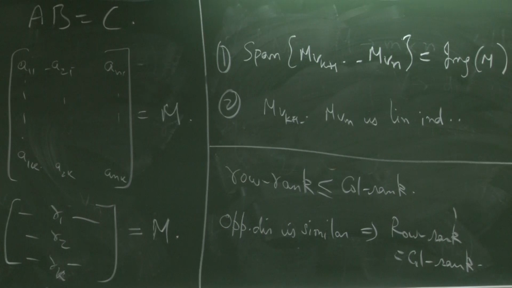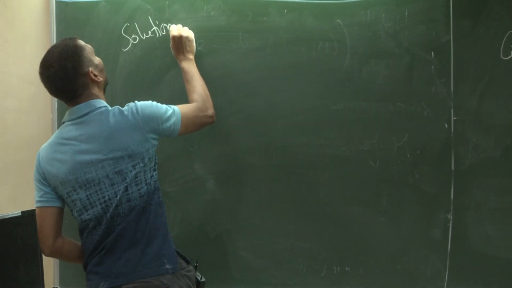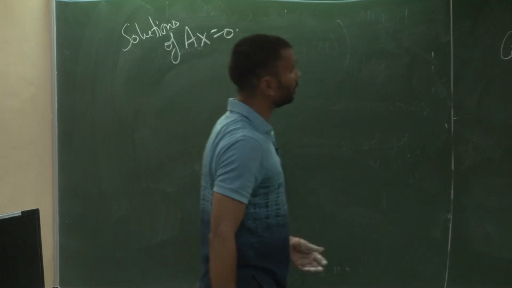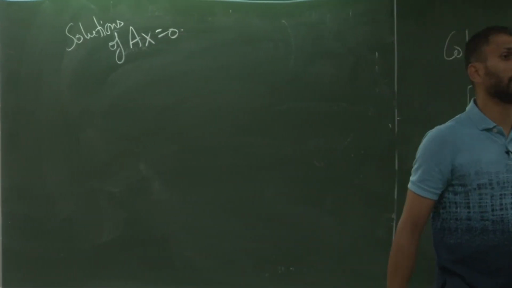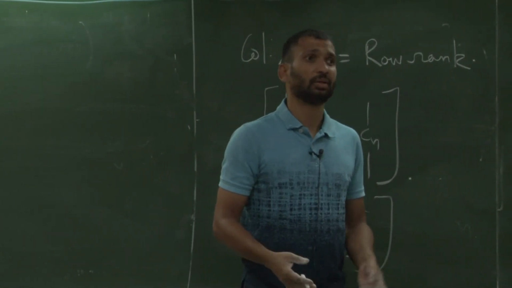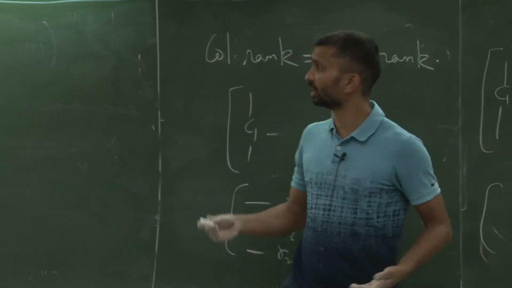We have all these nice things, and this allows us, remember our old problem, we wanted to find solutions of Ax equal to B, and B equal to 0 is in some sense the simplest case. This is talking about the kernel of